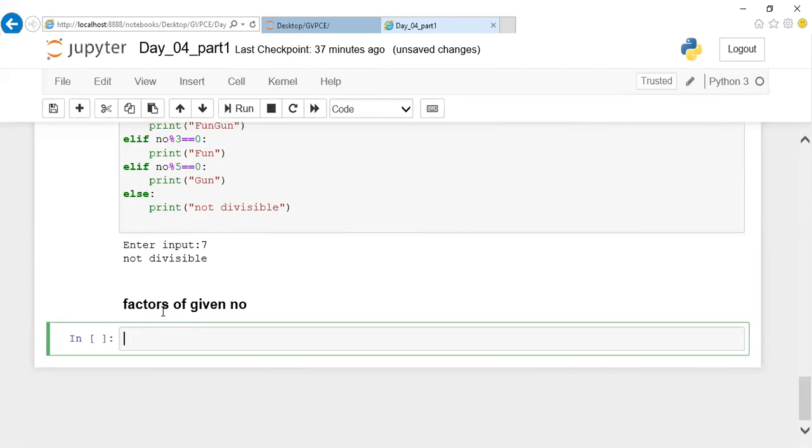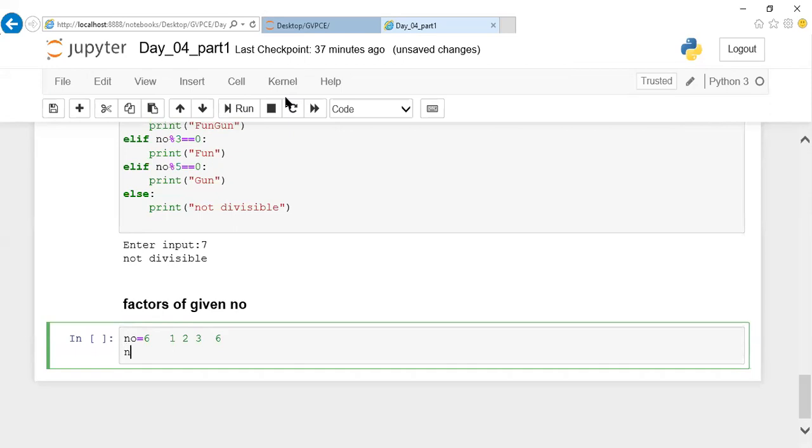Normally, if I give the number 6, what are the factors of 6? You might have learned all the factors logic in school itself. Factors of 6: 1, 2, 3, and again 6 will be a factor.